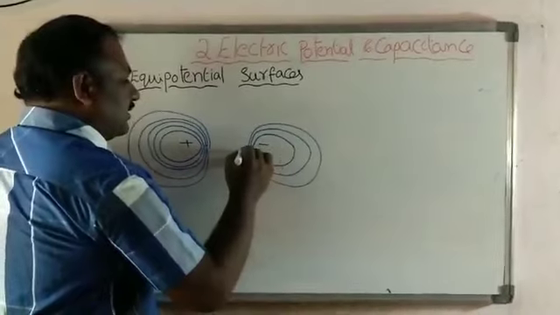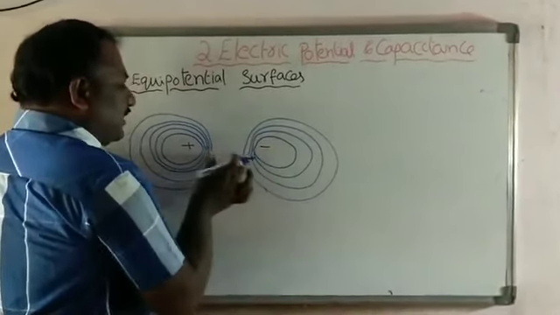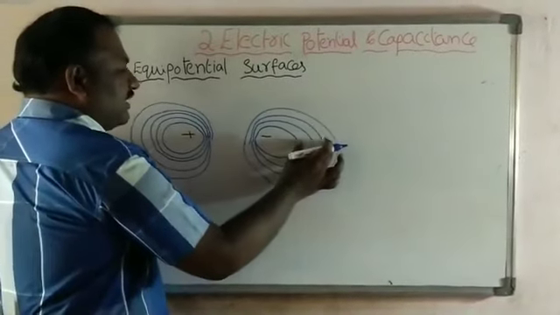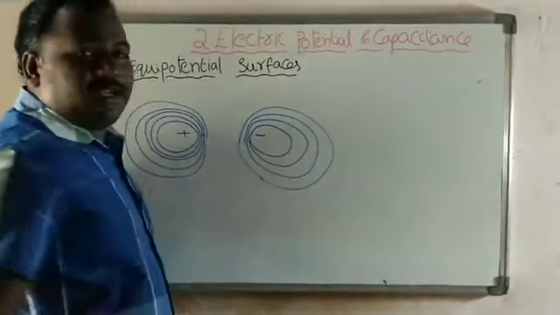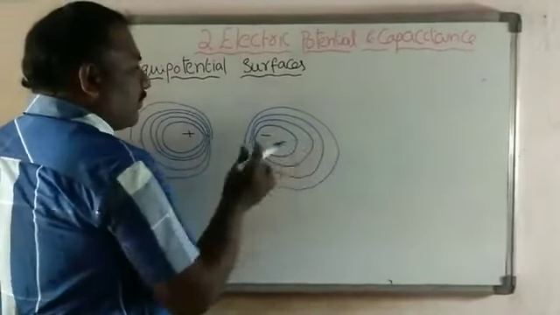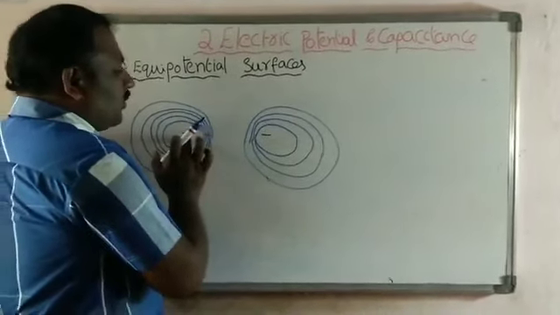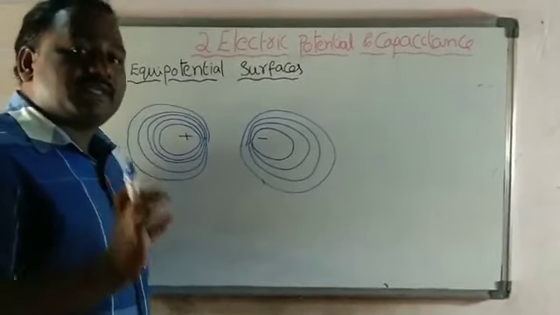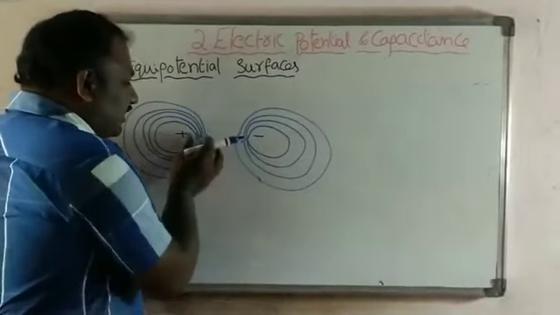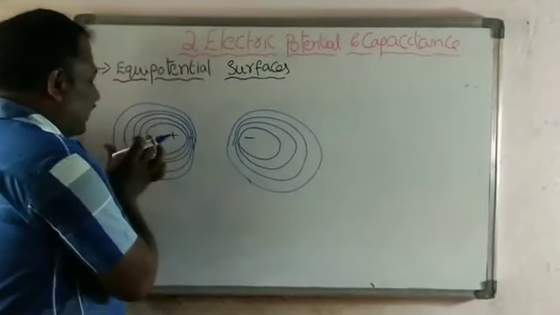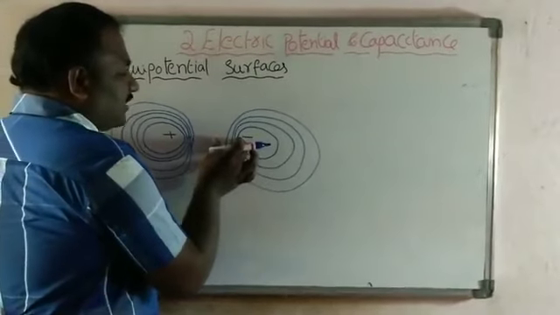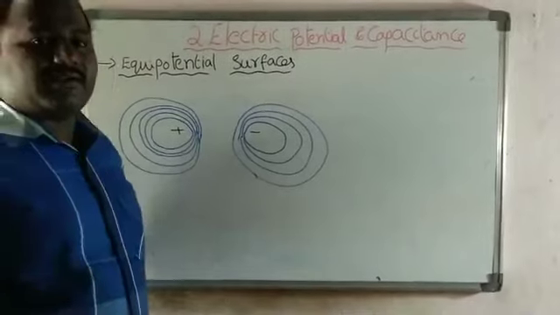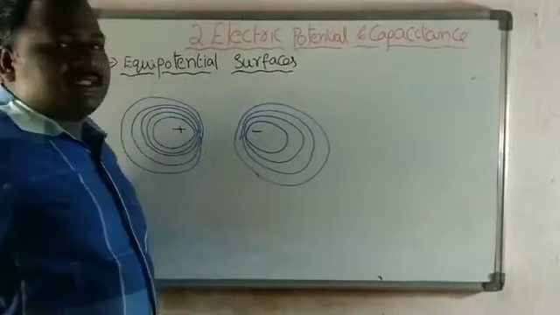See this, on the inside the distance between these surfaces is less, and on the outside the distance between these surfaces will be more. So this is one example, and here we take two unlike charges. Between these two charges, a force of attraction will be there. Due to that force of attraction, these surfaces are nearer to each other inside and far outside. Similarly here also nearer to each other and here far. So this is the diagram for two unlike charges.